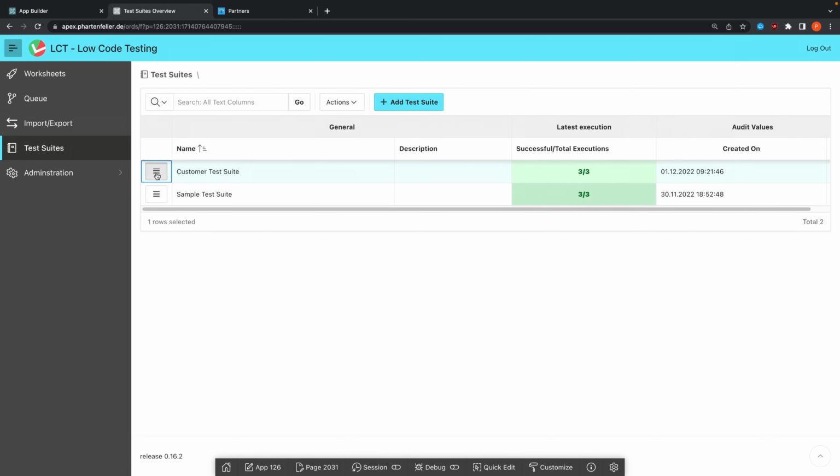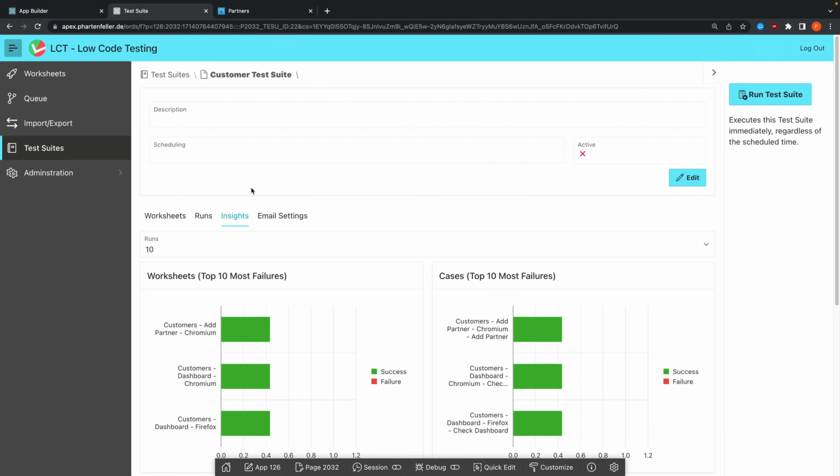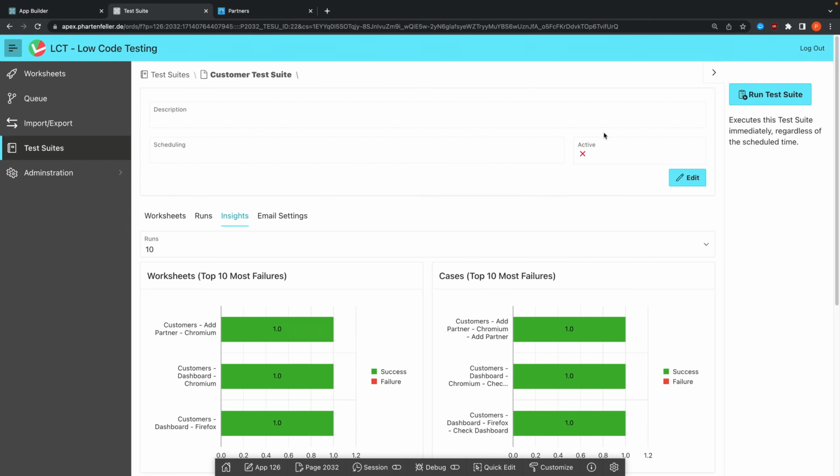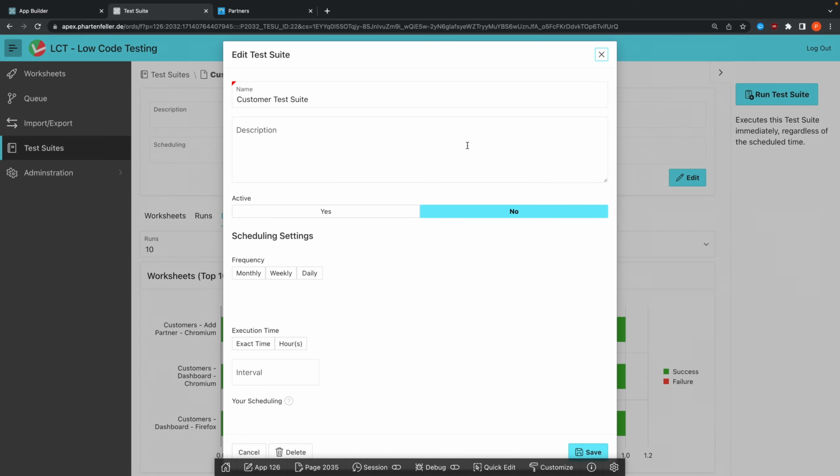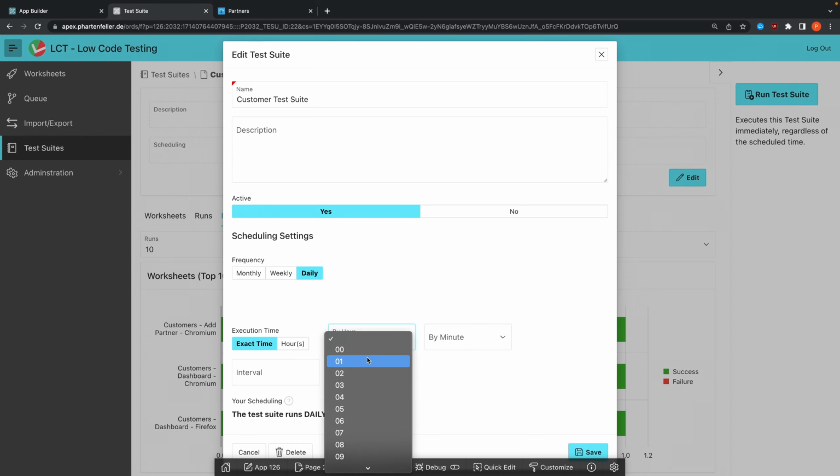So let's go back to our created one, and what you can do also is schedule it automatically, so you don't have to manually click Run Test Suite all the time. You can click on Edit here, and you can make it active, so that scheduling is active, and we can go ahead here and set a frequency. For example, we want to run it daily at an exact time, for example